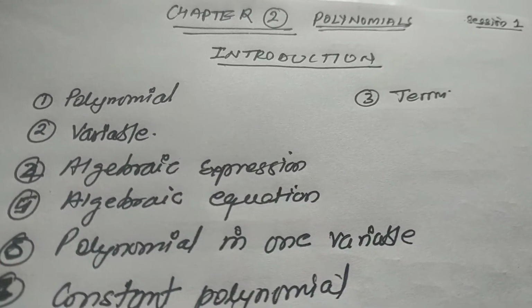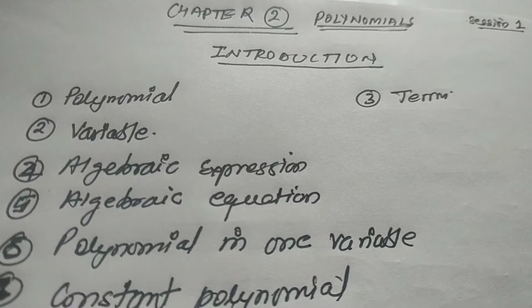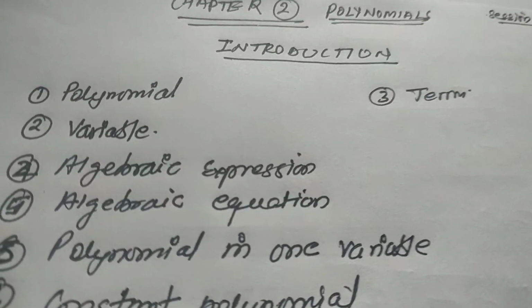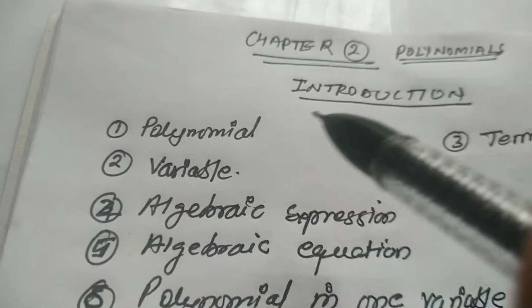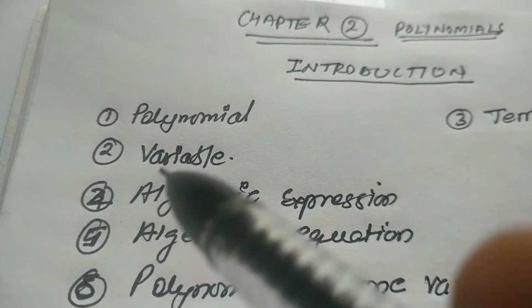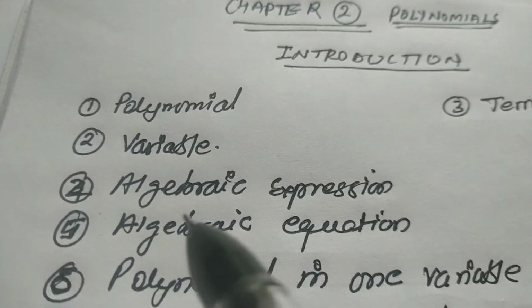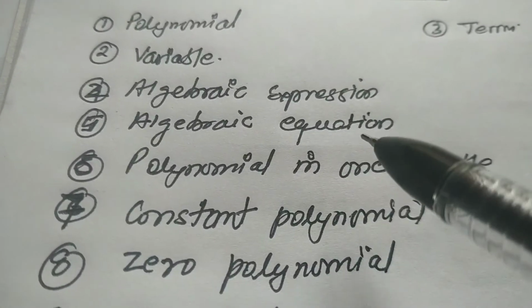Students, today we will discuss the new chapter, chapter 2, Polynomials, and the first part, the introduction of polynomials. In polynomials, we will discuss concepts like: first, the polynomial, then variable, third the term, fourth algebraic expressions, and then algebraic equations, then polynomial in one